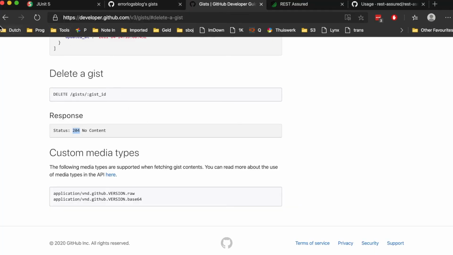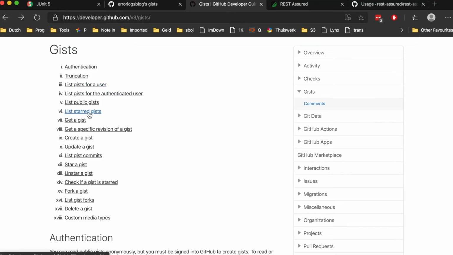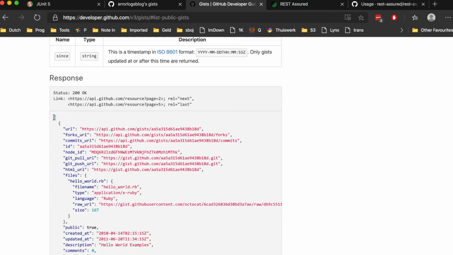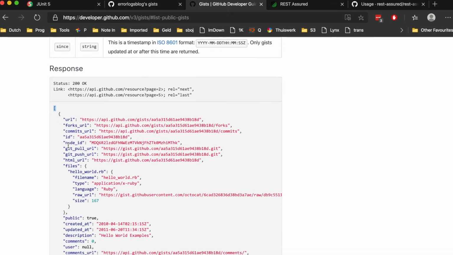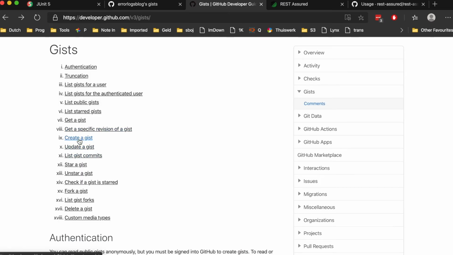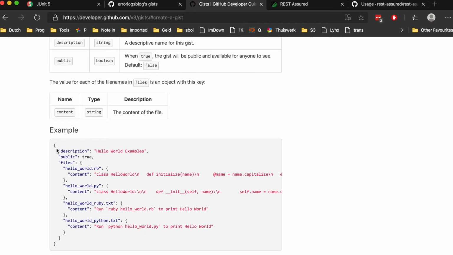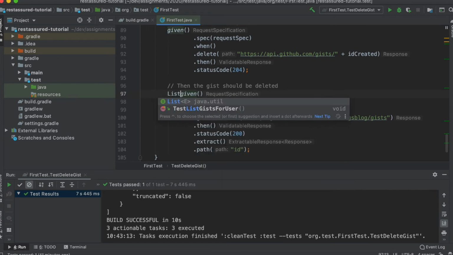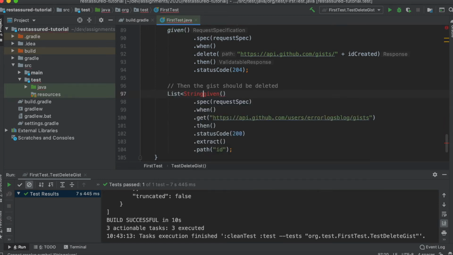The reason is that when you get a list of public gists, what you get is an array, and in an array you get one or more gists. Hence you get a list, an array of IDs. When you create a gist, you don't get a list back, you get one object back. When you do an extract and you get the path for this call, you are going to get a list of strings back. So we can give it a name, IDs